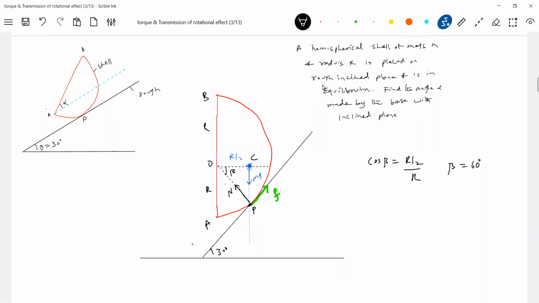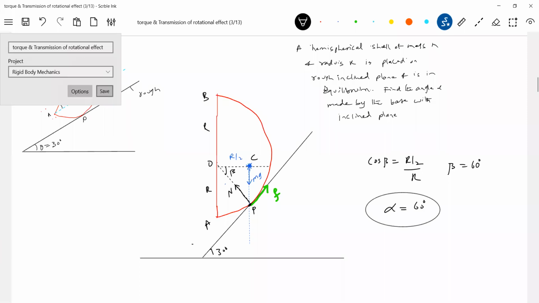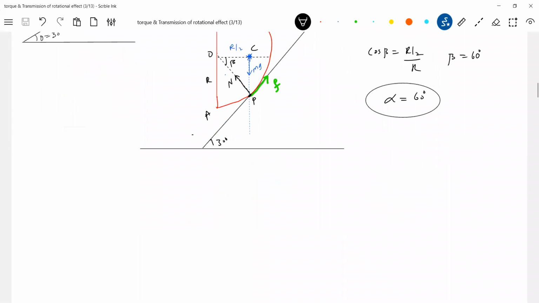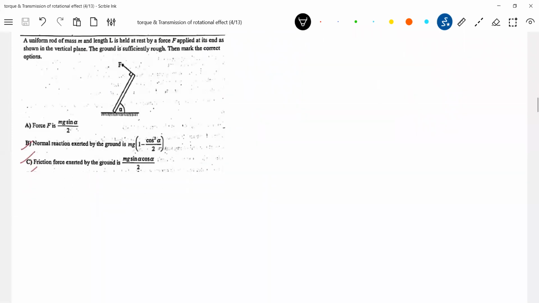Okay, now shall I put what the alpha should be? Answer, alpha. Anybody? Alpha. 60 degrees, the orientation for equilibrium. It's a diagram based problem. Come to the next one. There's a rod